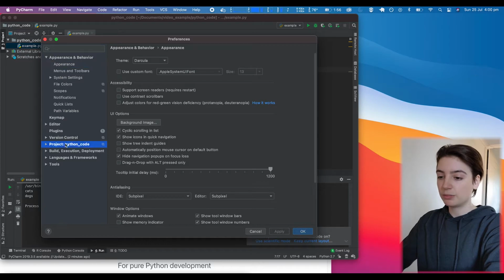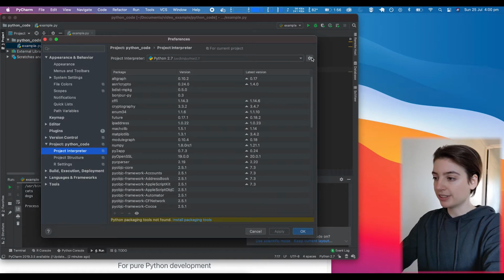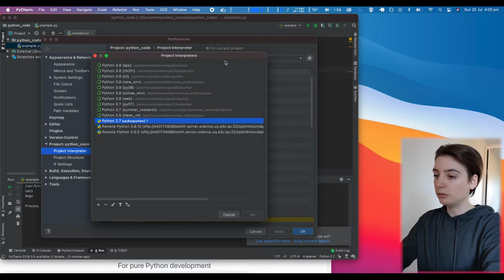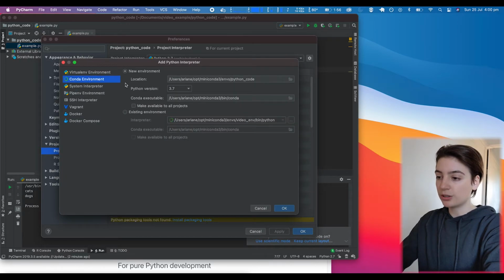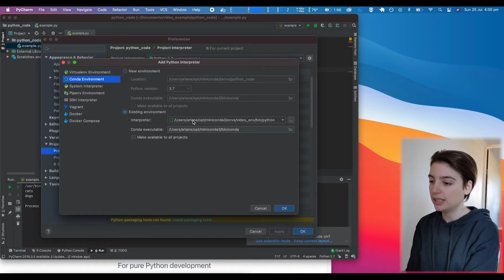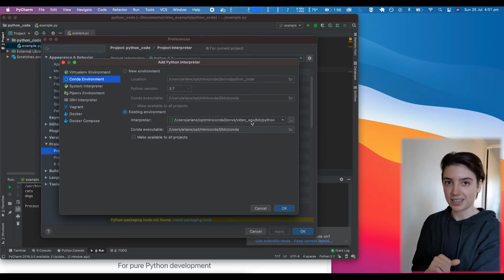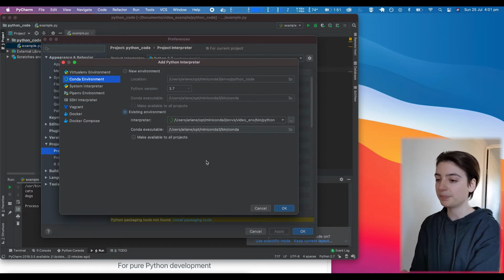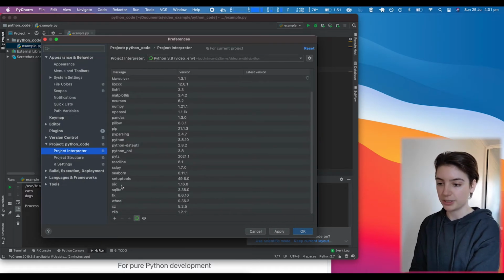So we're going to click Project Interpreter, and rather than this Python 2.7, we're going to click the Settings button, Add, not Show All, Add, and we're going to go to our Conda environment, and what we want to do is existing environment, and it actually defaulted, which is kind of nice, to our miniconda/m/video environment, which is the one that we set up in the previous video, /bin/python. So we'll make that available to all projects, just so that other projects can use it. Click OK,